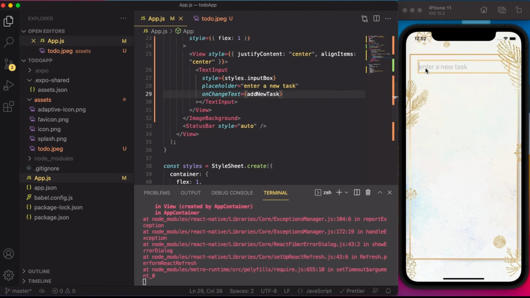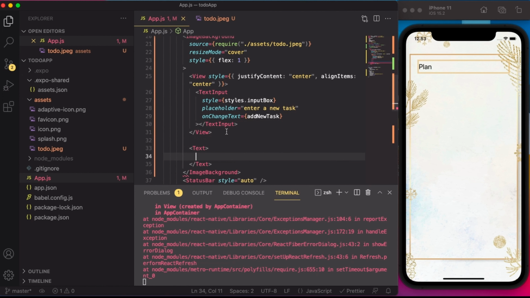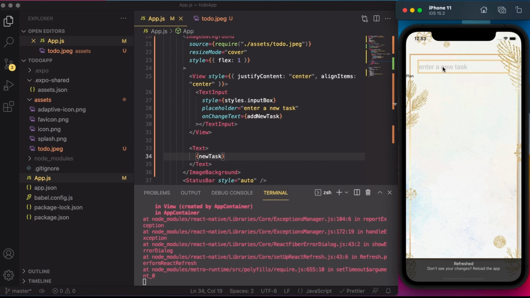Now what is actually happening here is, as I'm writing a new task, the text is changing, and as the text is changing, this function is getting called. We can check that as well by creating a simple text component. So as you can see, even though it is very small, the word plan is coming, and if I write plan a trip to Nagarhole,